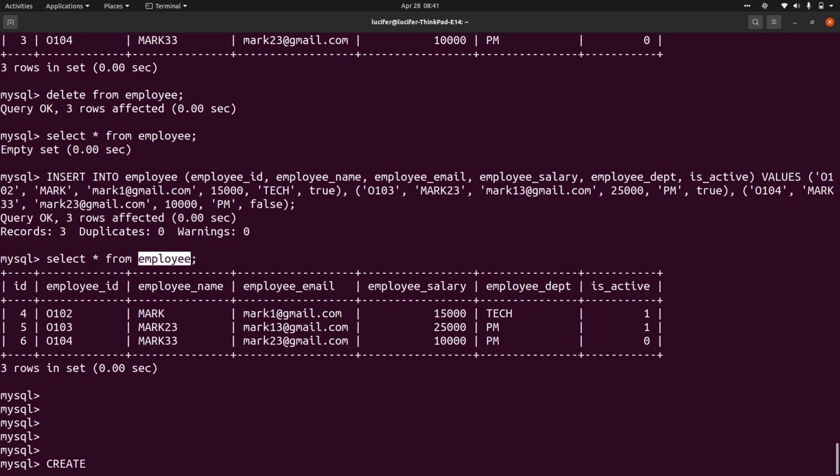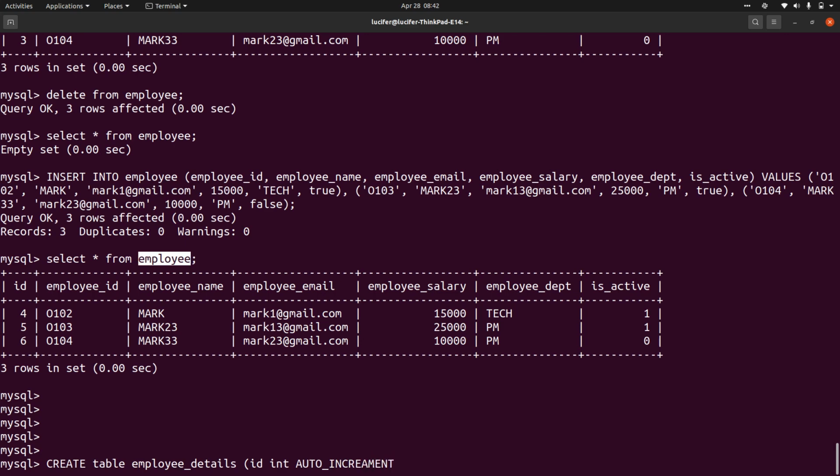Create table, let's say employee details, maybe just to store the address or phone numbers, all these things. It will also have an ID, an integer, and we'll keep this auto increment as well.